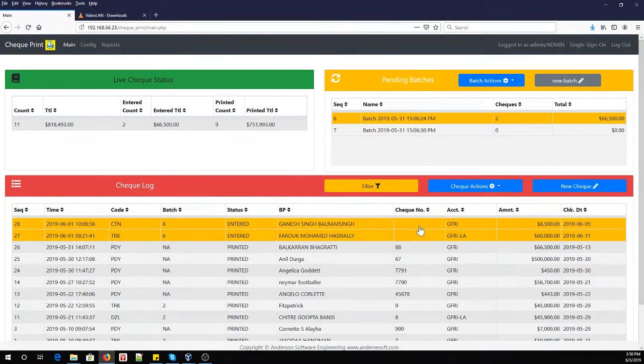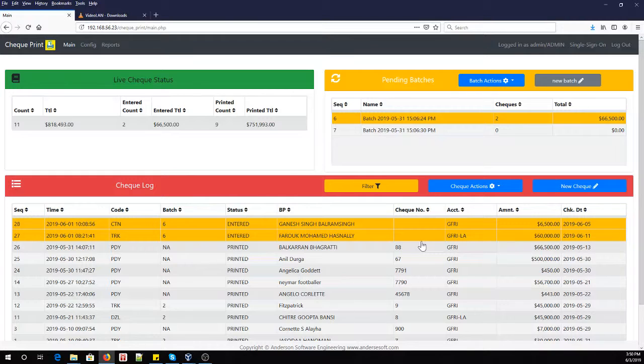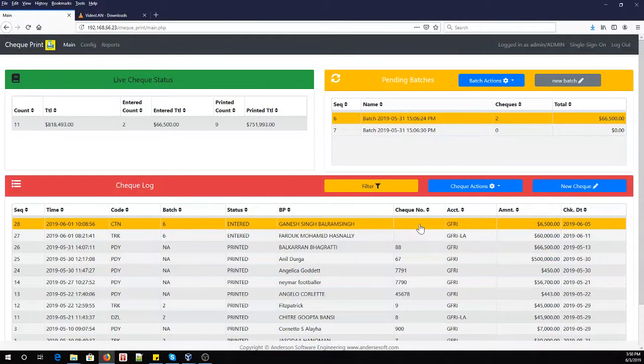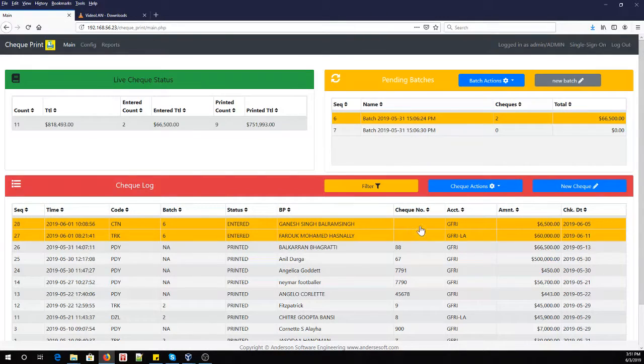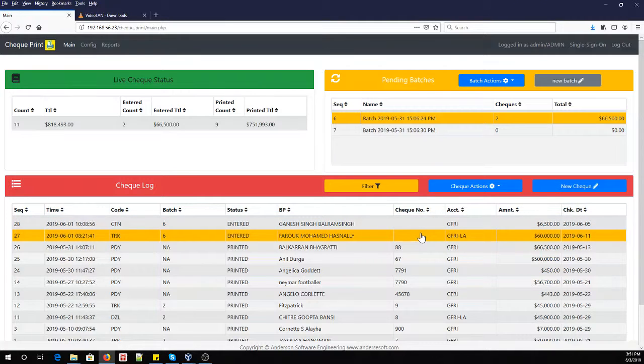So we are capturing that check number at the point when we actually print the check, because we don't want to put in a check number, say for example check number 10 here, and then because check number 10 may be the next check number in the sequence, but then when we come down to it, we actually are going to